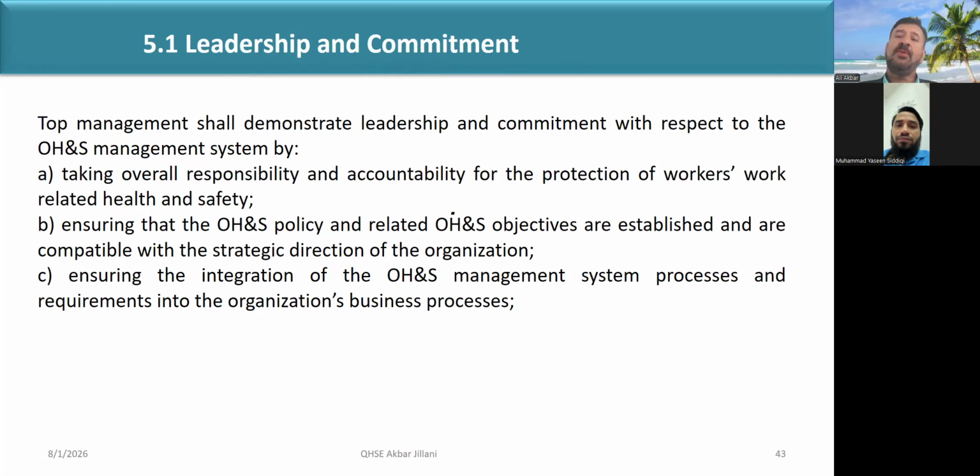Like see, if we don't have the management system in place, then we will not have leadership and commitment. Because sometimes for safety, we need technical people, resources, and apart from this, we also need money. Like you are conducting training, so you need to free your people for the training. In this way, the other activities will stop.